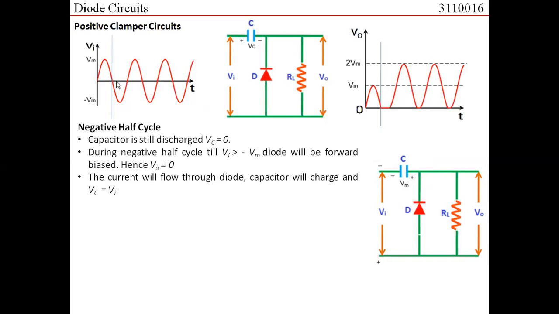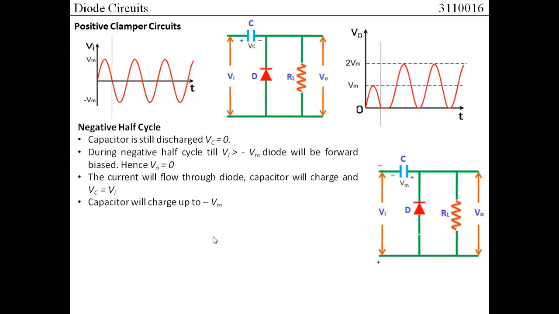So as the input voltage changes from 0 to minus Vm, the voltage across the capacitor would also become from 0 to minus Vm. I say minus Vm because the initial polarity of the capacitor that we have assumed is plus and minus. But here the charging of the capacitor is such that this terminal of the capacitor becomes positive and this becomes negative. So Vc is equal to minus Vm. So the capacitor would charge up to